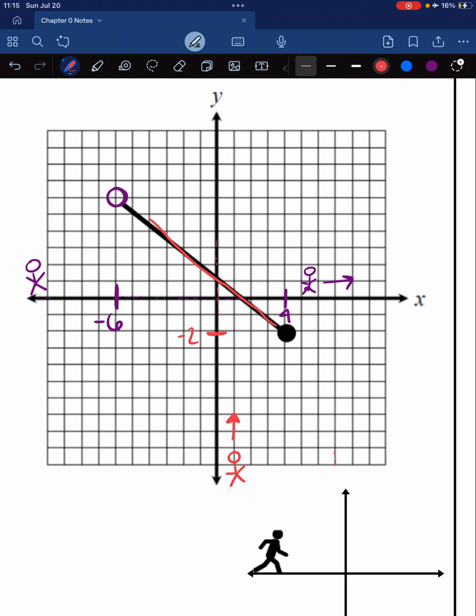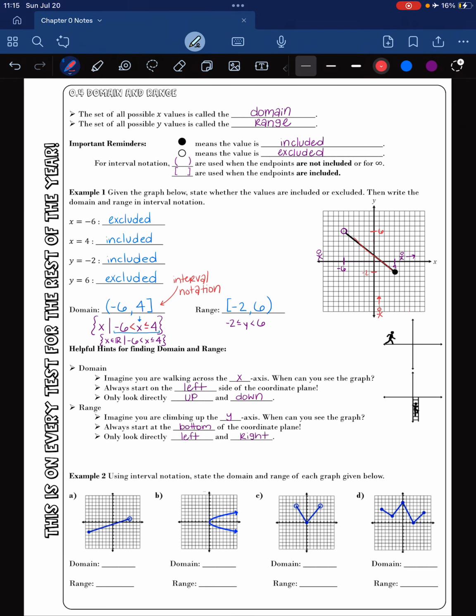I see function, I see function, I see function, I see function, right? So I keep climbing up and up and up and up and up, and this is the last time I see that graph on the y-axis. So that goes all the way up to 6, and that helps me to find my range. Okay,